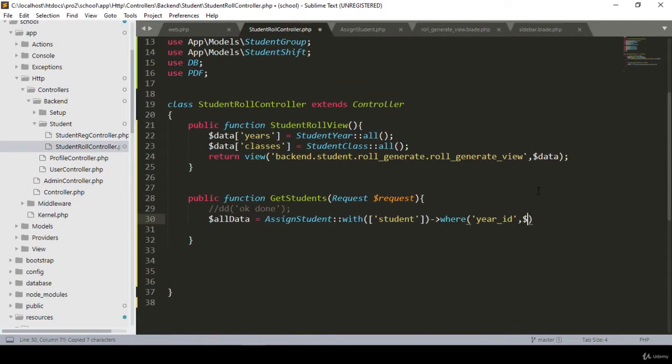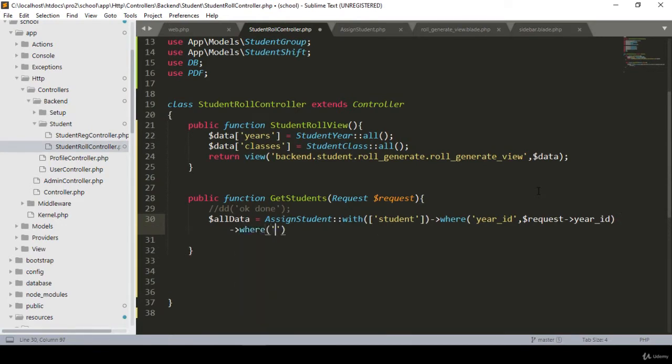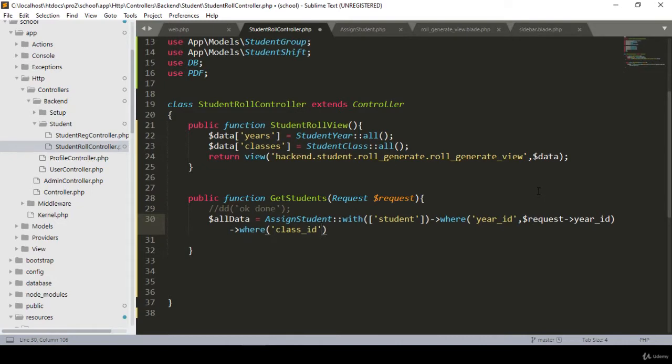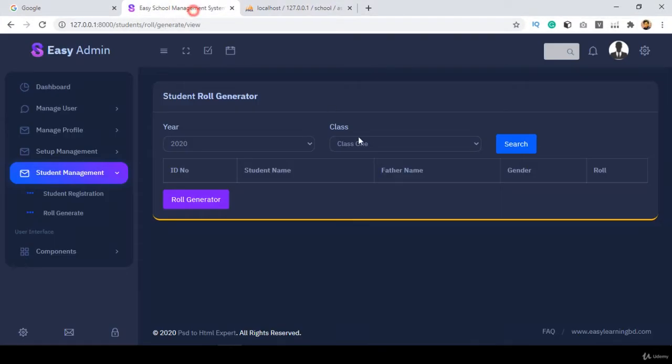So I name it as request. Okay, request, and this request our field name will be the ID. I hope it's very much clear to you, friend. And I take another one for the class, so I put another where condition. Our another where condition will be the same, our class underscore ID. So in our assign student table, this class ID will be